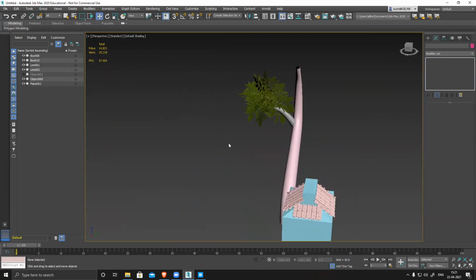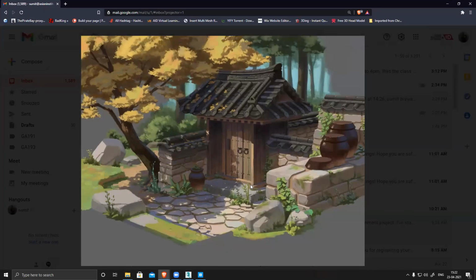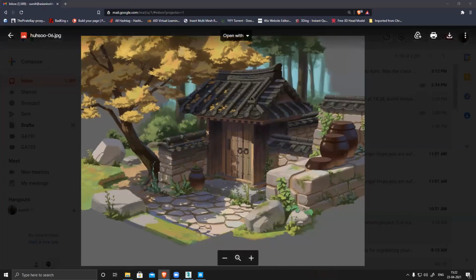Right, in a similar manner, alpha is basically the selection. The part you want to make visible should be white, and everything else should be black. All black means not visible, white means visible. So it can be a leaf, a fence, a texture, a piece of cloth, can be anything. In a similar manner, for all these small leaves, use an alpha and create it. Basically one texture, one plane, and create this thing. That's how we do it.